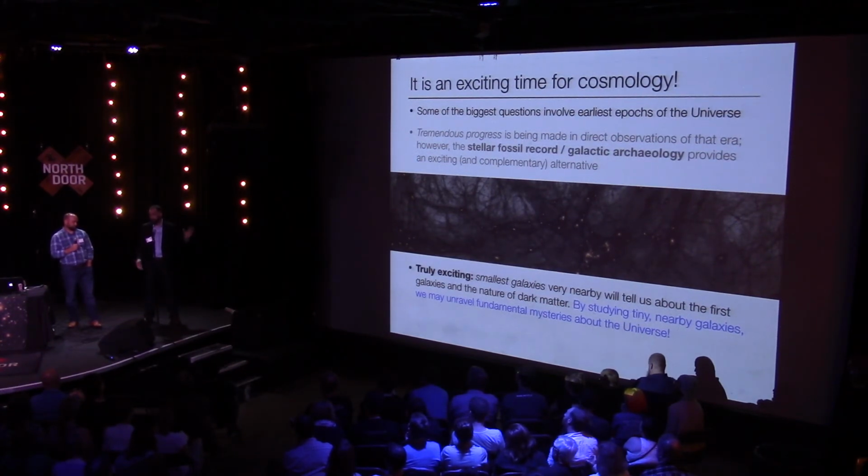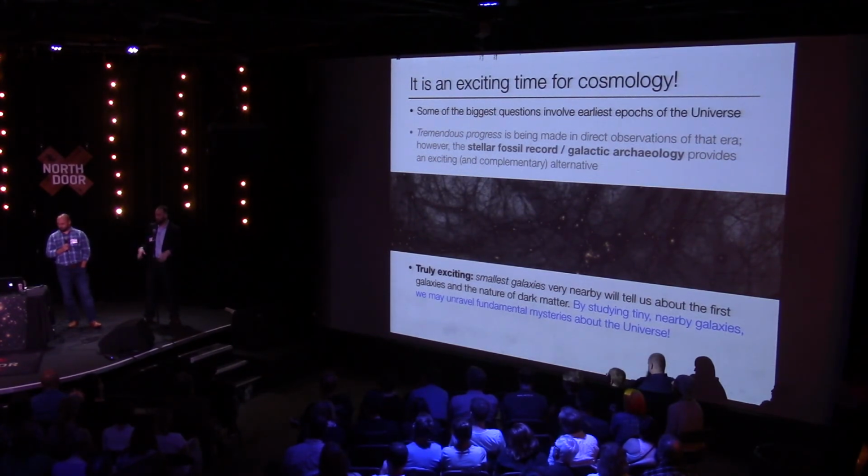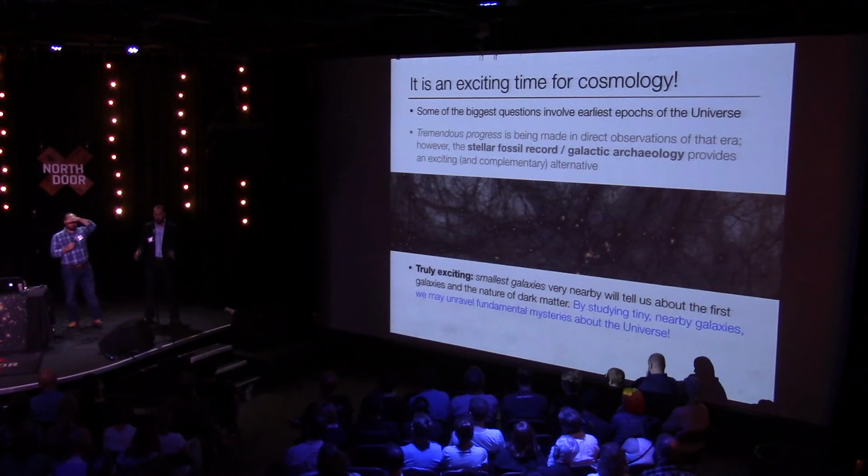Our galaxy is somewhat complicated. As I showed earlier, it's formed stars over a lot of times. It's probably had other galaxies that have merged with it. There's lots of complicated processes that we think have gone into building up our galaxy. Whereas these things really probably just had a starburst that lasted, well, burst is very relative here, a very low-level episode of star formation for a few hundred million years, and that was it. And so we can really understand that thing maybe even better than the Milky Way. But there are lots of surveys that are really going to increase our understanding of the Milky Way as well.